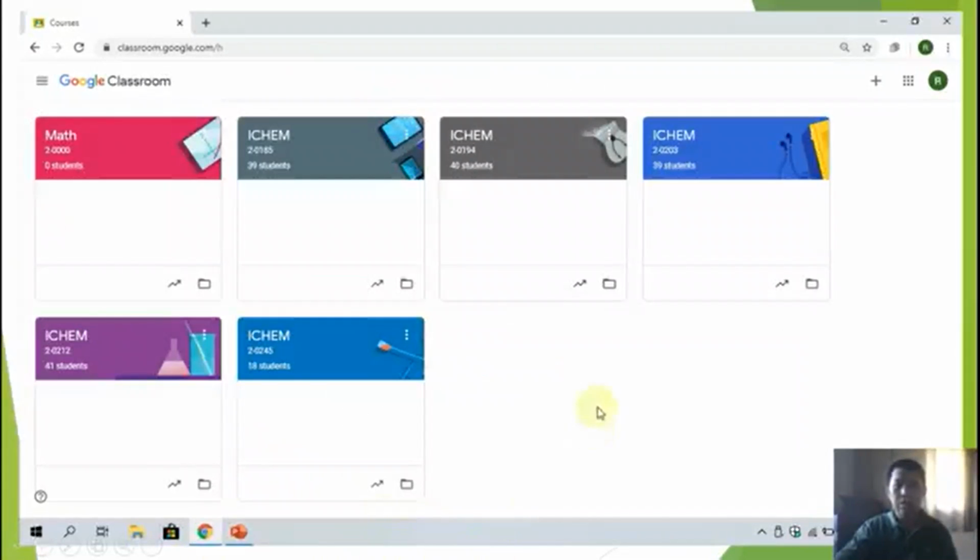So these are the classes that I had created before. So for my subject, which is IChem, these are the sections: 185, 194, 203, 212, 245. So I will choose to open the IChem 2-0185. I will click this one.